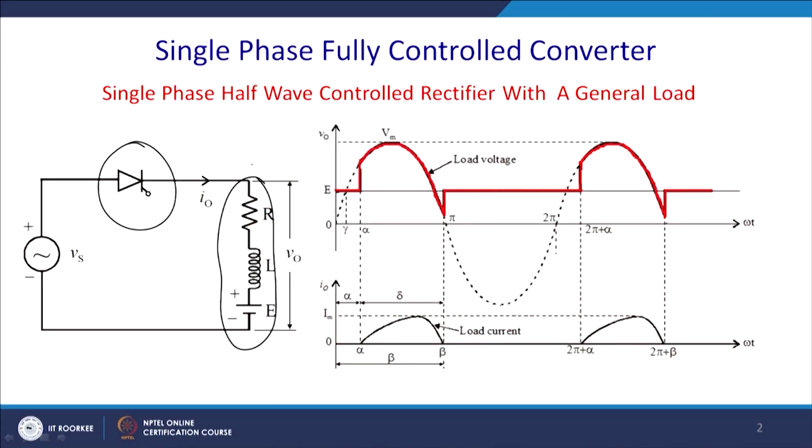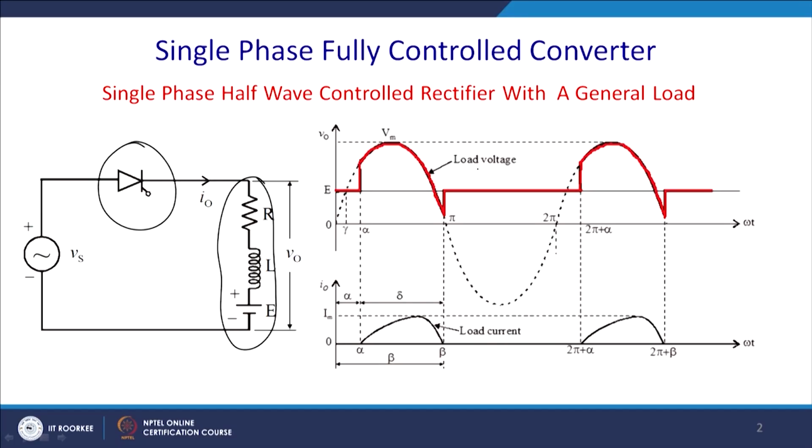For this reason, this is represented by the RLE. R is the resistance of this motor, and thereafter there will be a huge field. It may be a shunt or series motor, that is represented by L, and the back EMF will be pretty constant, because it will run at a constant speed, as electrical inertia is quite low compared to the mechanical inertia. For this reason back EMF will be proportional to the speed. So we can assume that back EMF is almost constant, or you can think of it as the charging of a battery kind of thing also.